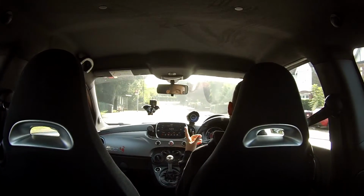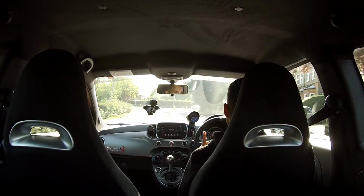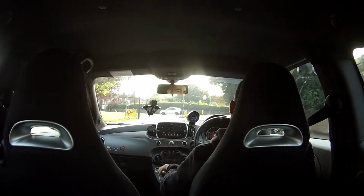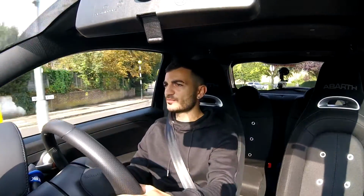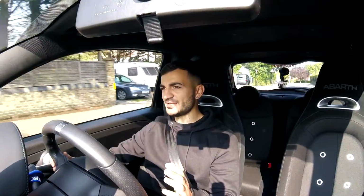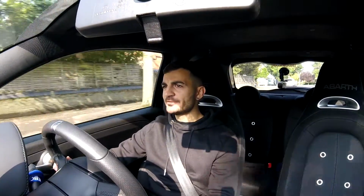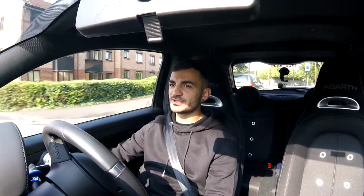which moves me on to the next part. So I had my first service for this car about 2 weeks ago, and it was by a main dealer, only £159, not bad. I'm not sure if that's a good price or not. I just thought, let's just keep it with the dealer. Told him not to wash it or anything like that, because I don't want to destroy the paint. I noticed I had a flat tyre because of a nail, so we got that sorted, and I was just sitting there waiting, and then I ended up